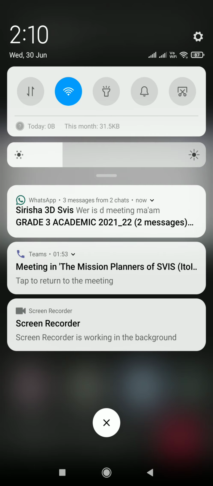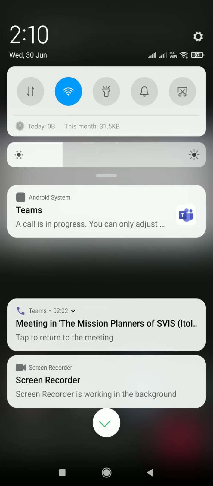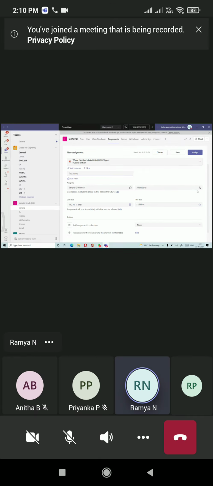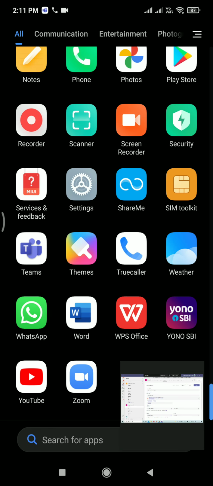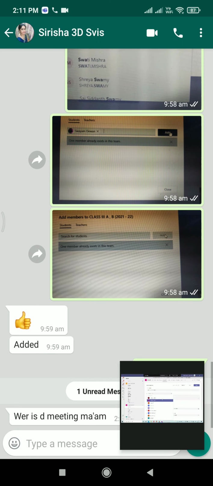Now the next part is you need to name the students. I think in 2G, all the students are in only one section, so they don't have to select the students' names. They can keep it as all students, but in the remaining classes, two sections are combined into one team, right? So it's better that when I am taking, suppose, class 3A, I will be selecting only 3A students here. I hope this is clear, teachers.